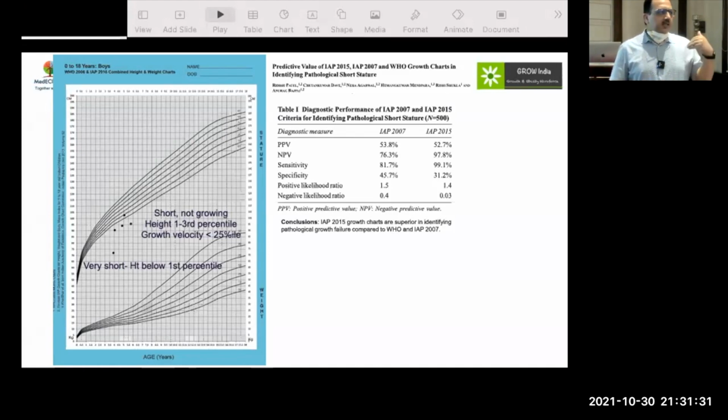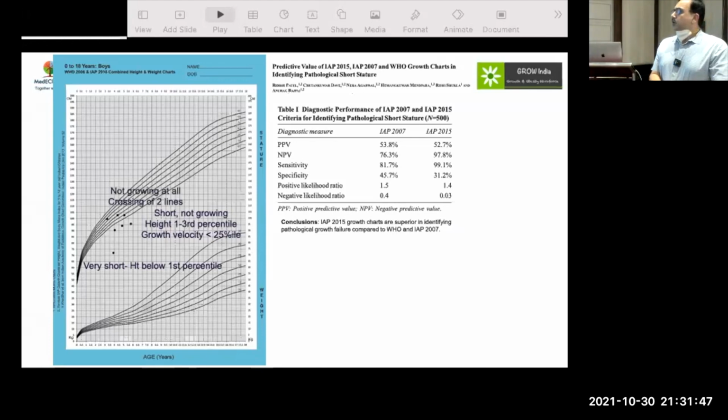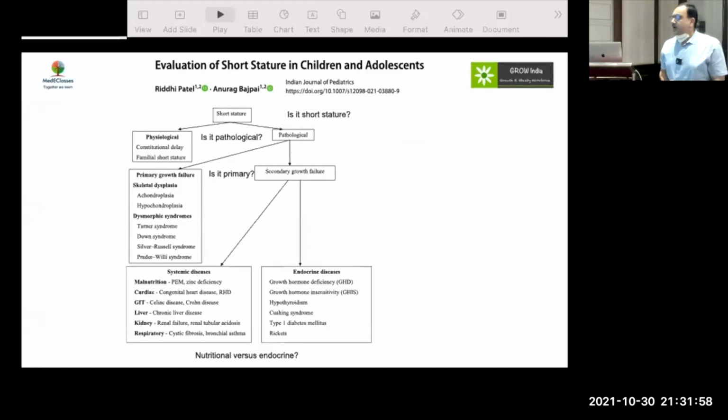So this could be a third situation, which is very important. This child is currently not short, but if we backtrack on the data, he is not growing at all. If the child is not growing at all, it may be a sign of a serious disease, like maybe even craniopharyngioma or hypothyroidism. So if you have a child who is very short and not growing at all, it requires evaluation. This is why the growth chart becomes very, very important in that regard.